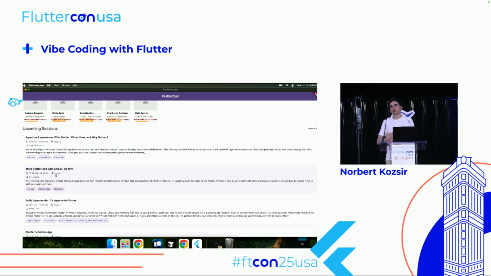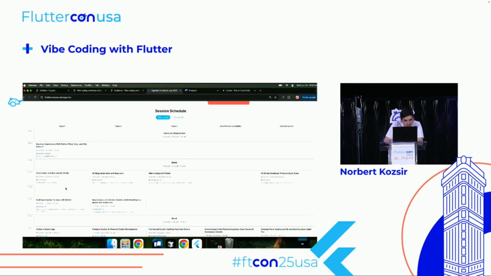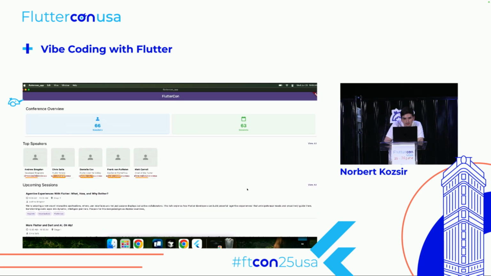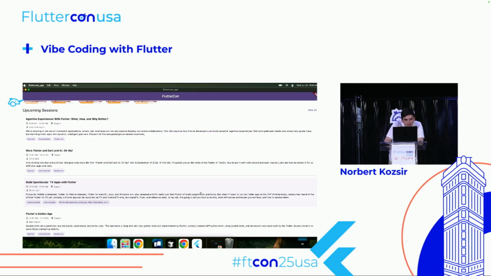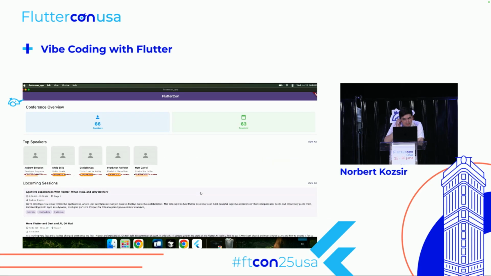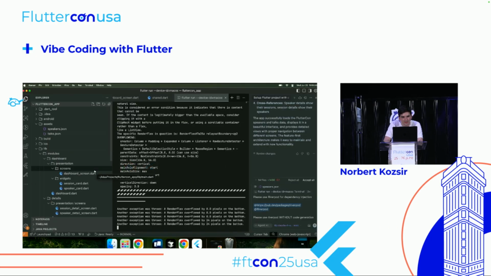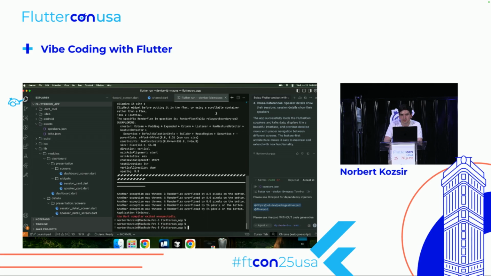If you were to do this in a more production-ready environment, you'd probably give it some more designs. Instead of letting it go off, you would explicitly tell it to not do any UI potentially. Maybe the data models could be done by hand first, and you'd tell it to please only implement this screen. More Flutter and Dart AI, oh my, at 10 a.m. Cool. And somewhere should be, okay, upcoming. This doesn't work. Cool, so I think this is a good start. There's lots to do. It's not responsive. We also need to check what's going on, but this is fine.